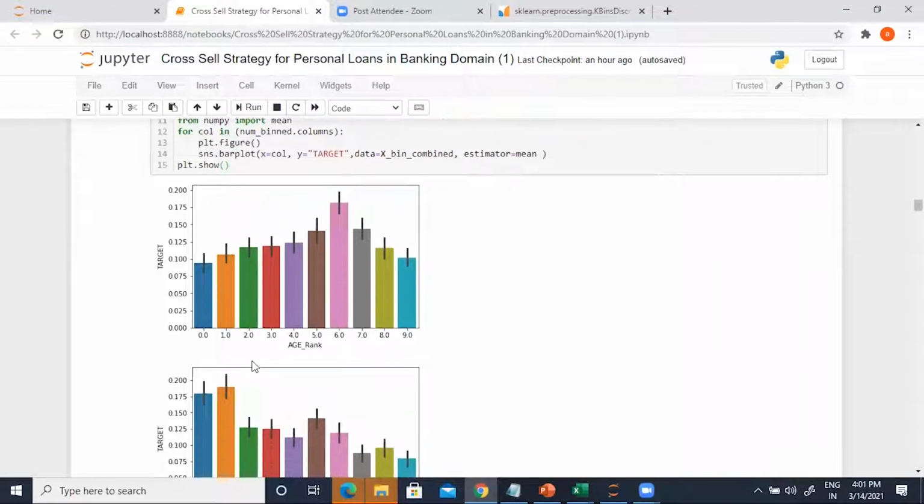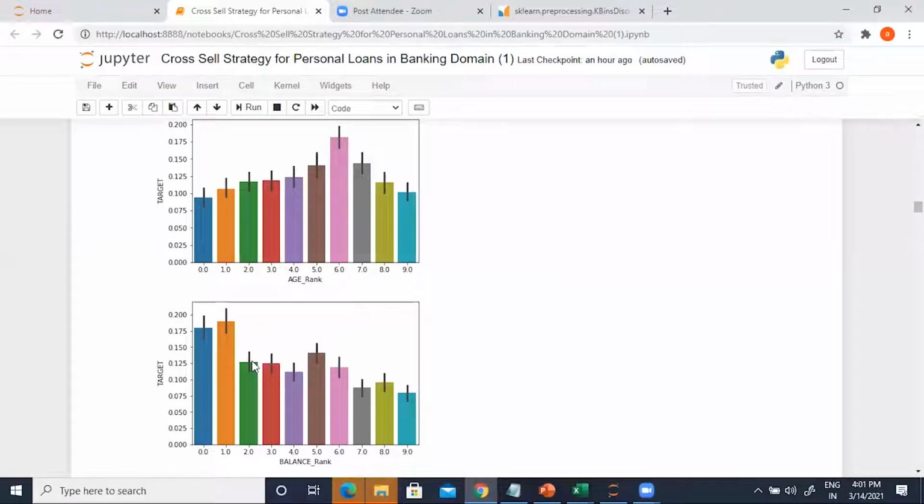If you compare age and balance, you can clearly see that people with higher balance will have a lower likelihood of response. People with the lowest 20% of balances will have a very high likelihood of response. So you can see the distinction between this group and this group is very, very stark, right? Yes. But do you see a lot of discrimination between this group and this group? No, right? That's why we're removing age.